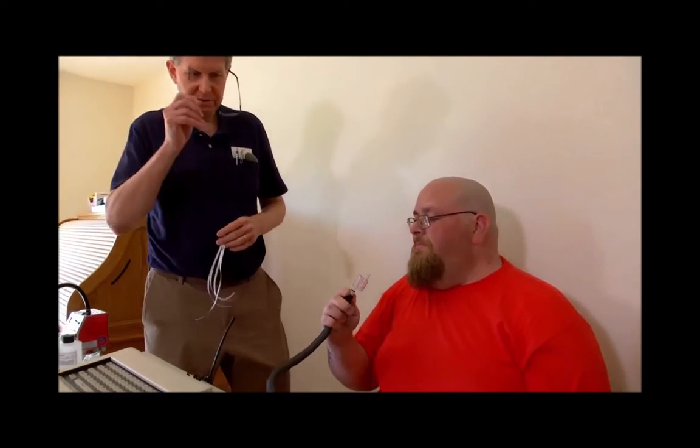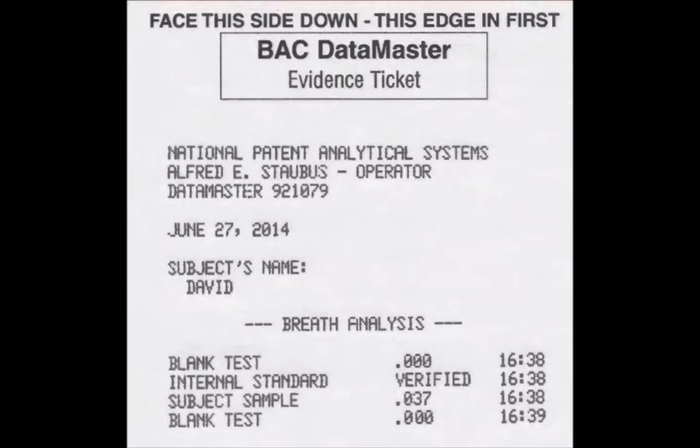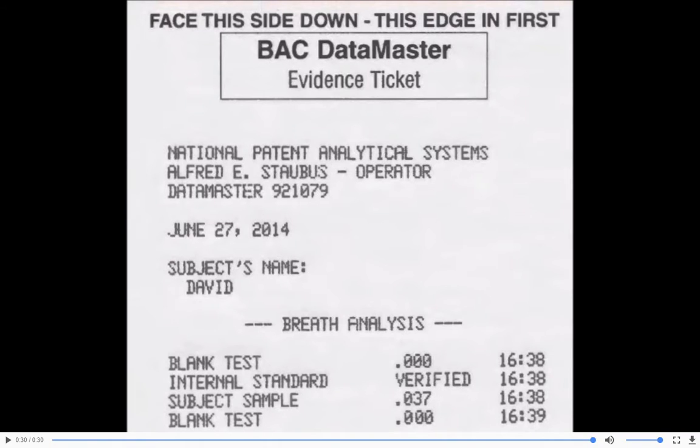Okay, David, again, we want you to not make a tight seal around the mouthpiece. I'm going to hold up a little bit of ribbon that will hopefully demonstrate that there's airflow. Alright, I think that one was more for fun than anything, but Cleve made a good cameo appearance in that one. He didn't get a good seal, but there's still enough airflow flowing through the machine to produce the 037.